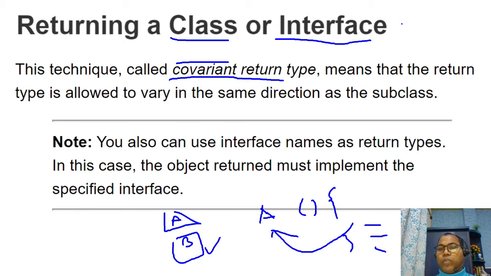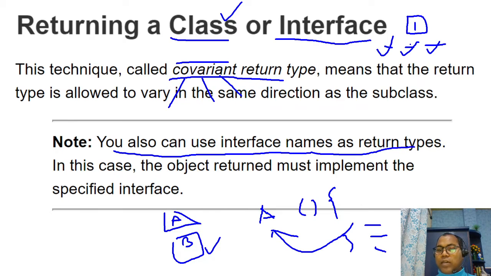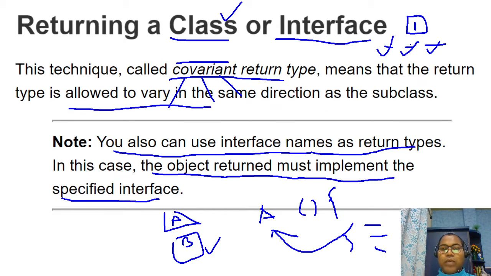Similarly, if you have one interface with multiple implementations, in the case of a returning method you can return implementation 1, implementation 2, or implementation 3. It is not bound to one specific implementation; any implementation can be returned. In the case of a class, you return the same class or any subclass of it. So you can use an interface name as a return type, and the returned object must implement that specific interface. Similarly, with classes you are allowed to use the same class name as well as all the subclass names.